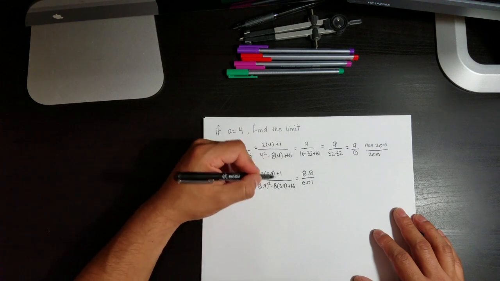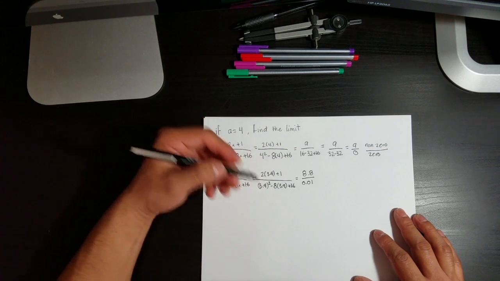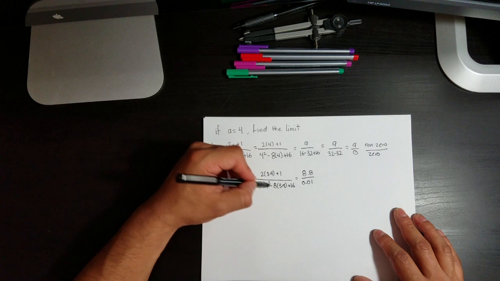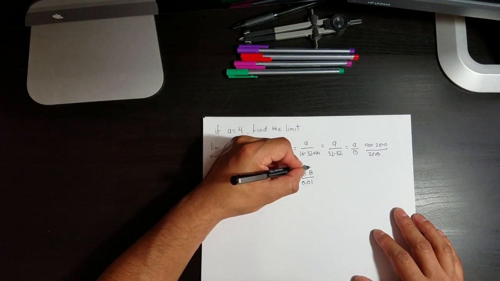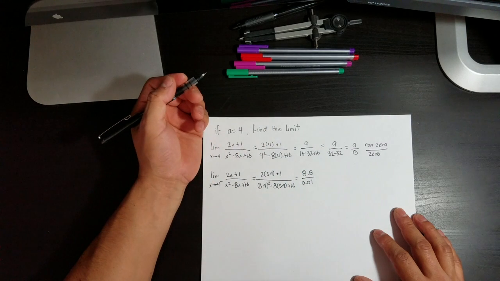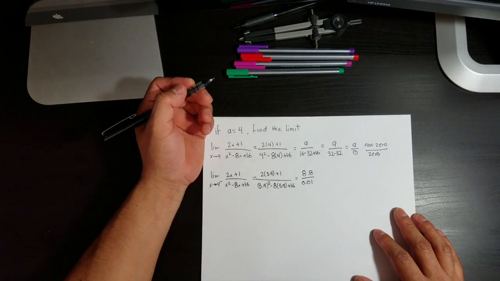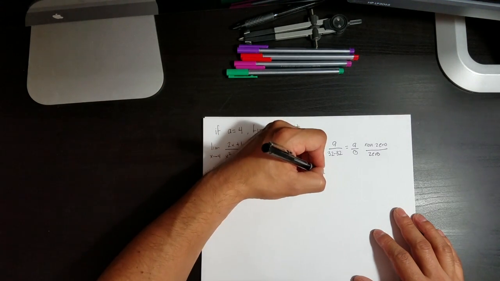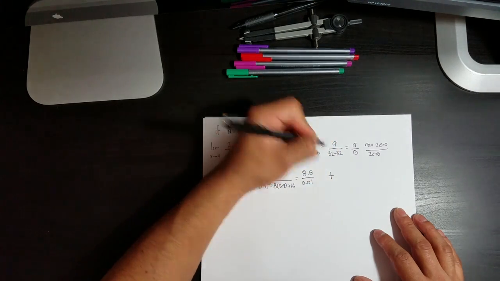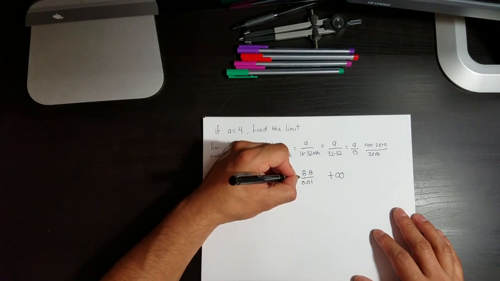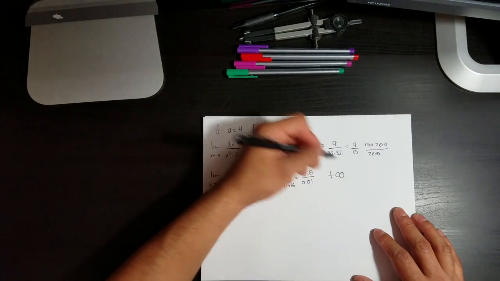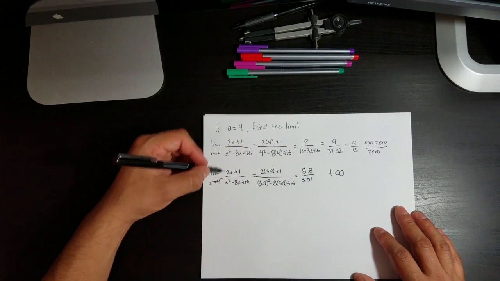Okay, so after solving this, you can solve this by hand or with your calculator. Doesn't really matter. Once you get the end result, notice that the answer is a positive number. So what we have to write here in this case is positive infinity. This is a positive value. If you had a negative sign, it would be a negative infinity. Okay, so now we have to solve it